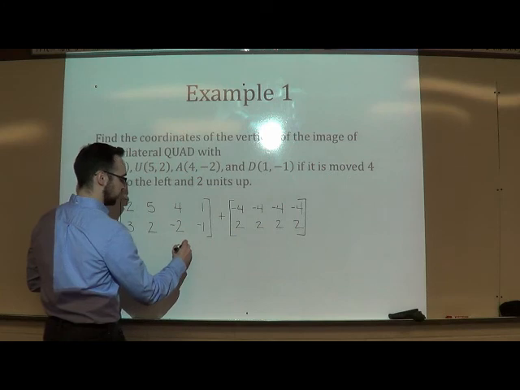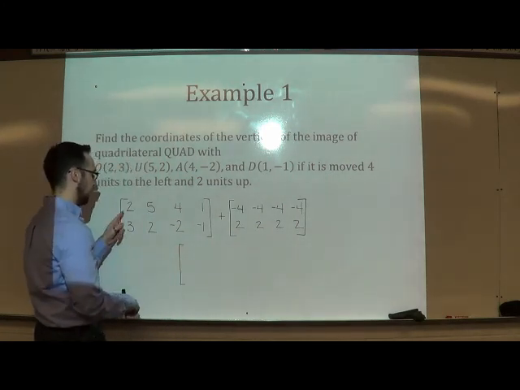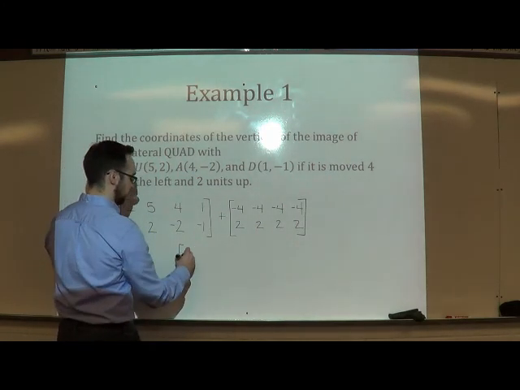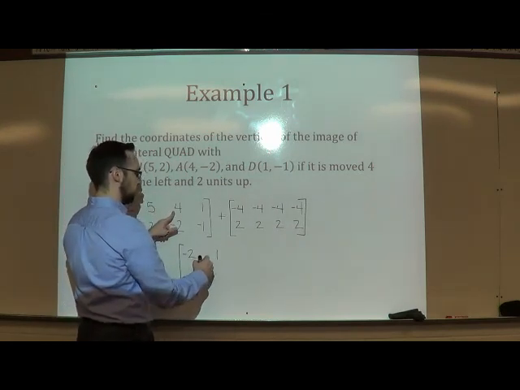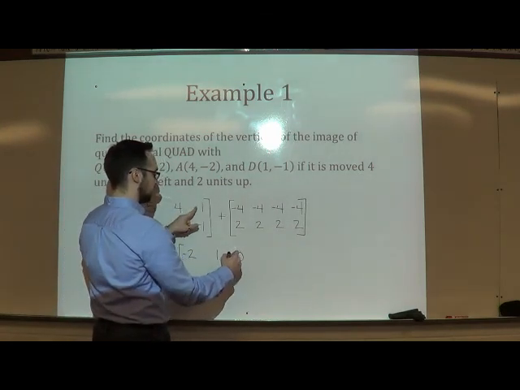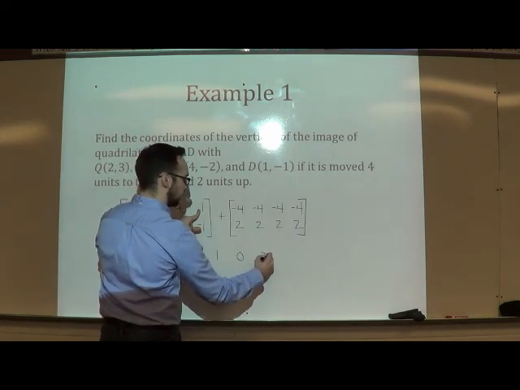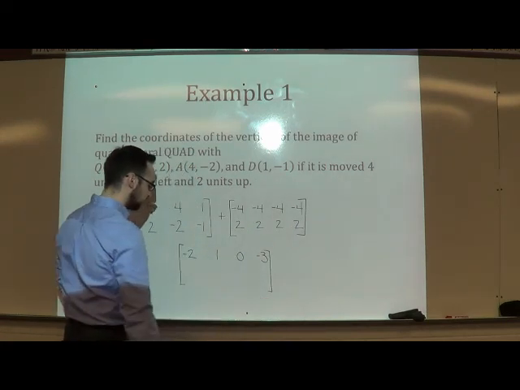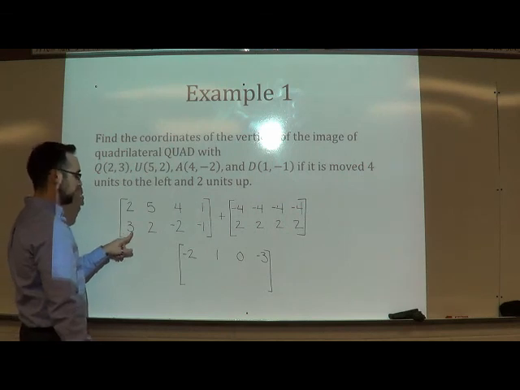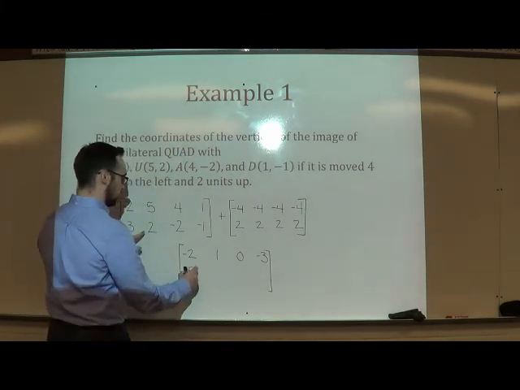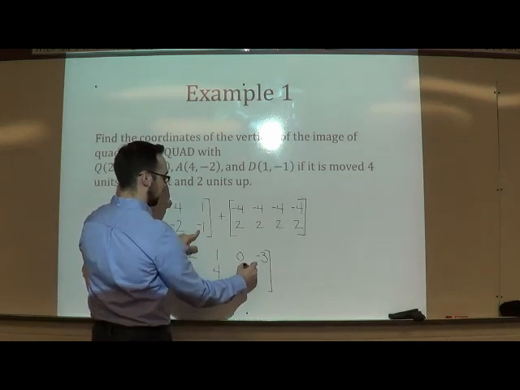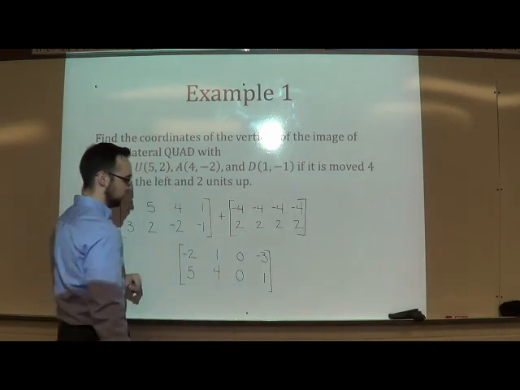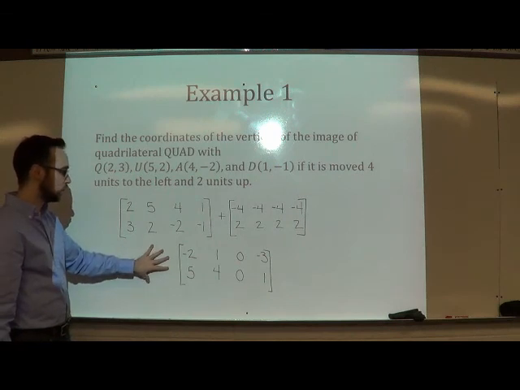So as we do this matrix addition, we're going to have 2 plus -4, which is -2. 5 and -4, which is 1. 4 and -4, which is 0. 1 and -4, which is -3. And then for the bottom, we're going to have 3 plus 2 is 5. 2 plus 2 is 4, -2 and 2 is 0, and -1 and 2 is 1. And so these are the new coordinates of our